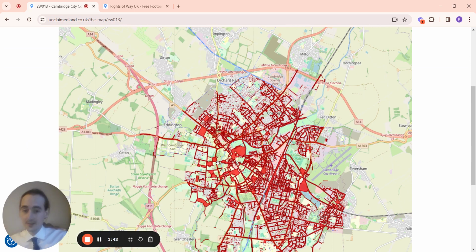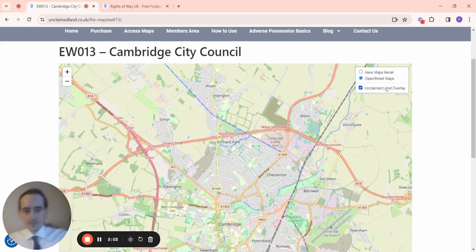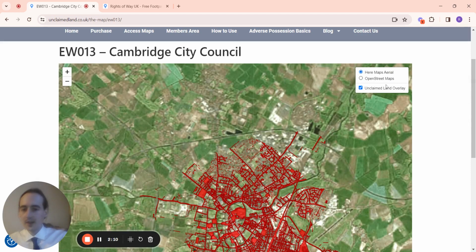You can see there's a lot of polygons which are filled in red. These are all the unregistered land plots in the council region. If you want to turn off the polygons, just click there. Fairly simple. A useful tool we have, a premium tool, is aerial view,